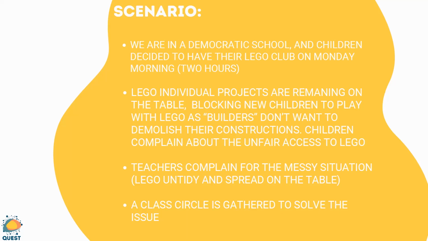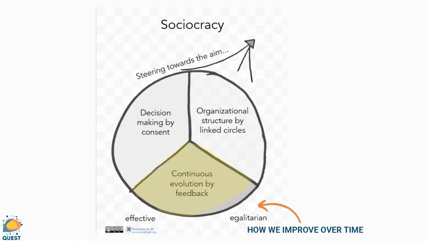And when you pass this phase of deciding about very practical things, you could even arrive at consent with broader and more philosophical topics maybe. But let's pass to the last point that I want to touch on here. That is the third important point that Kylian was mentioning, the importance of asking everyone, and so the importance of continuous evolution by feedback in the organization. This is the way we constantly improve over time with sociocracy.